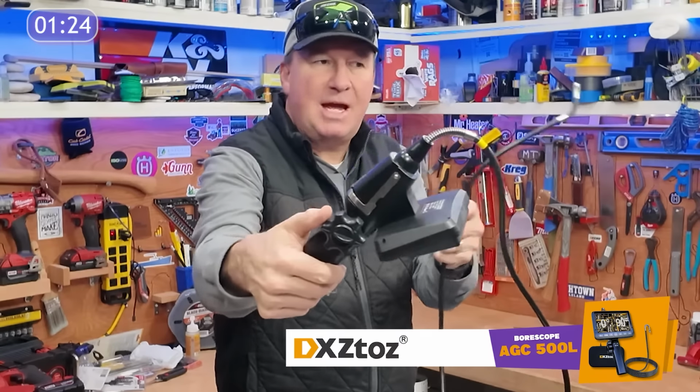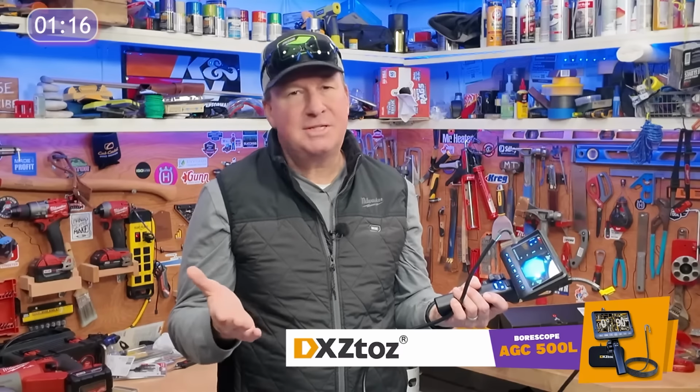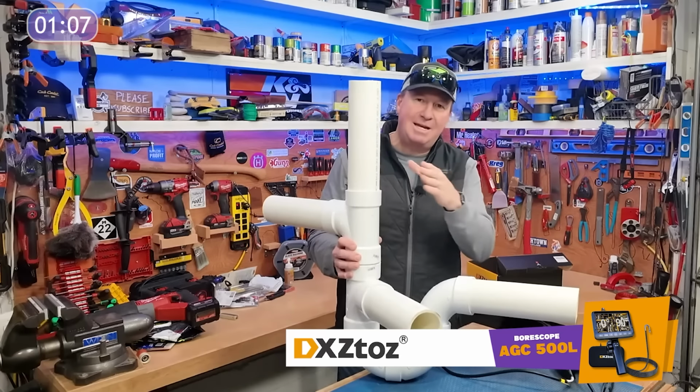And then you have this little dial right here, which you can see turns the end right there. So you can really fine tune what you're looking at. So whether you're a DIYer, a mechanic, or just really good at losing stuff, this borescope right here has you covered. So now I'm going to show you the actual footage from the SD card on here, looking inside this